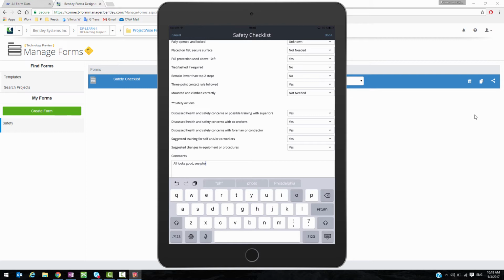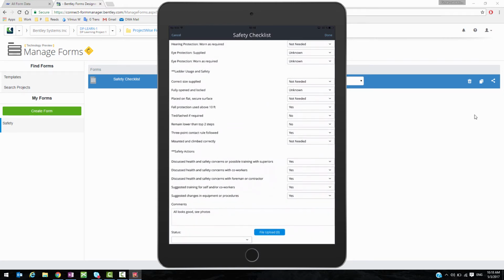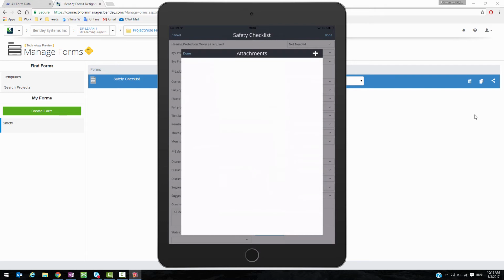See photos. So talking about the photos, what we can do, we can say file upload. If I choose the file upload, I can now add the attachments. If I hit on the plus sign, I can choose to use the photo gallery, take photo or take video. So I'm going to do take photo,